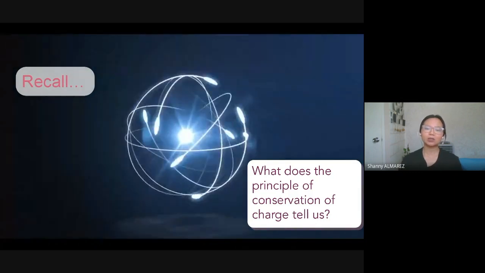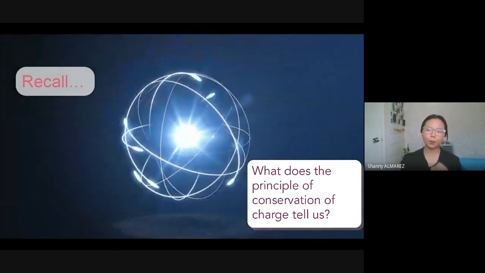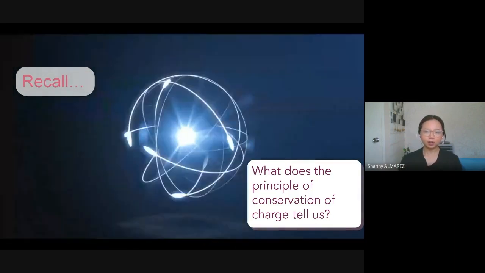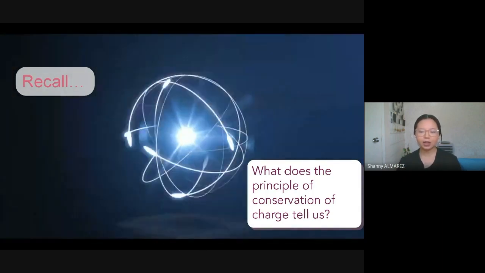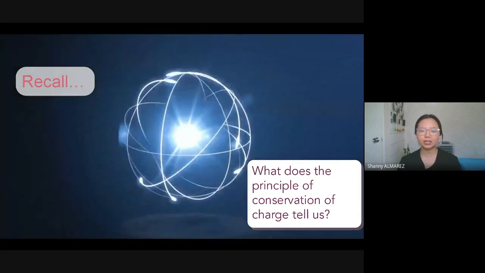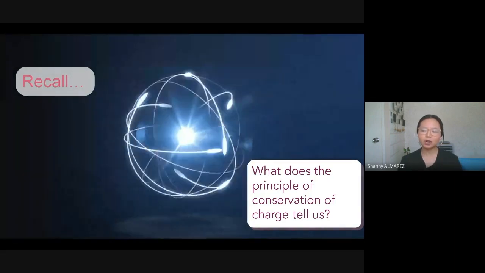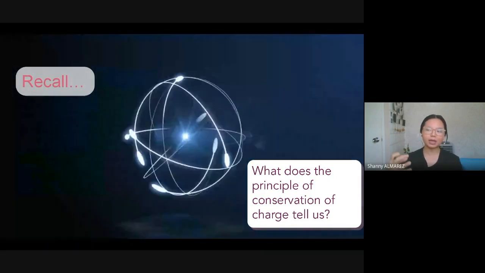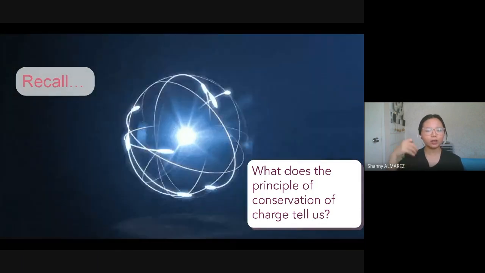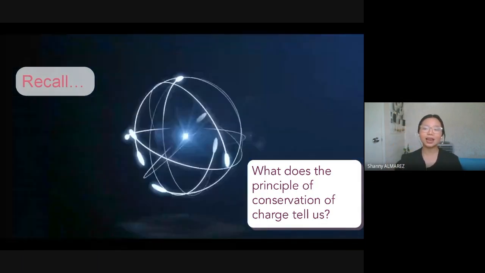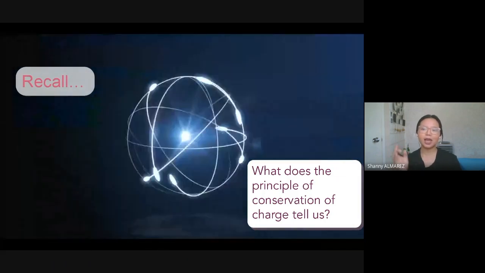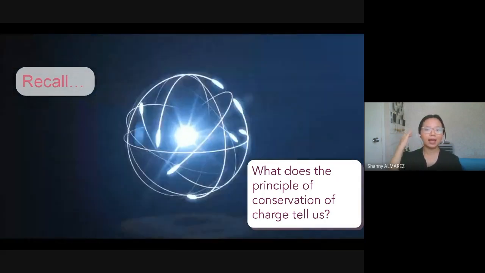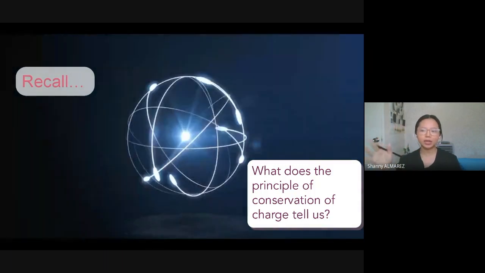It means that it is only transferred from one object to another. So it also means, if we try to put it in a certain situation out of the demonstrations last time, ibig sabihin, nung nag-charge ka pala ng object by rubbing, let's say, a balloon on someone's hair, you are not creating electrons. Okay? You are just allowing some of the electrons from the hair to be transferred into another